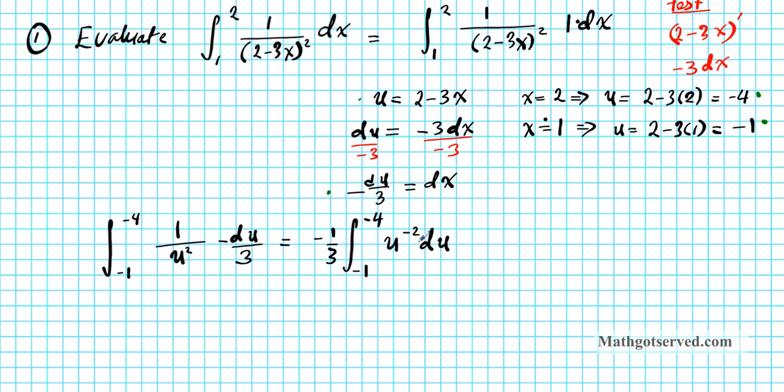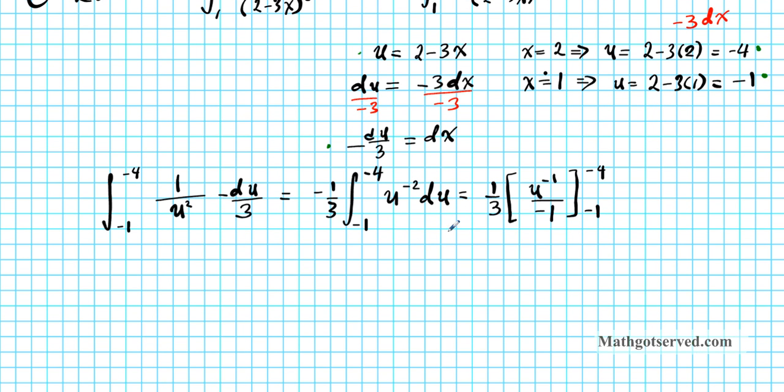Okay, now let's apply the power rule here. So we're going to have -1/3 times u to the, we're going to add 1 to the power. We'll add 1 to -2. You end up with -1, and whatever you get, you put that downstairs too, like that. And this is being evaluated from -1 to -4. Okay. Now we're going to use FTC part 2, which involves evaluating the antiderivative at the limits of integration. So we're going to have 1/3